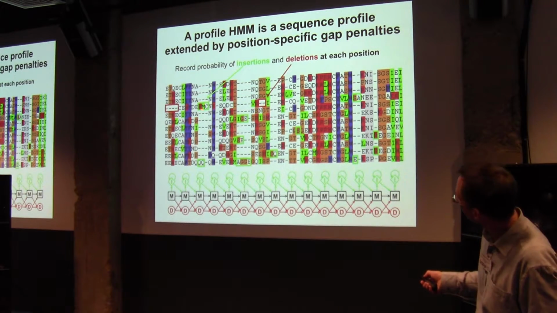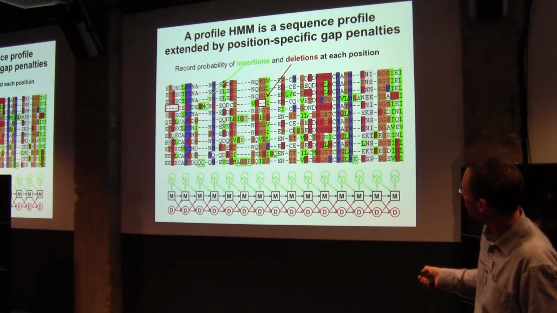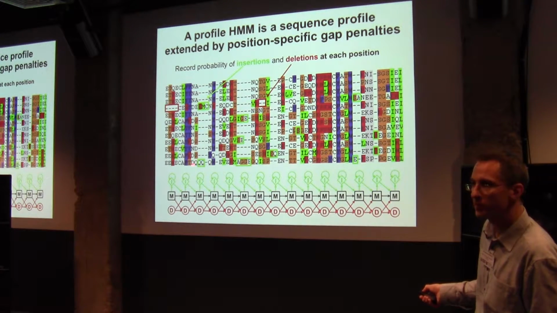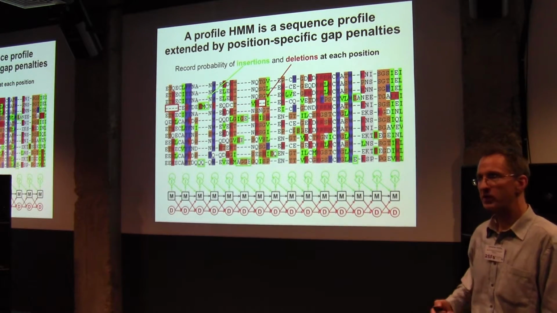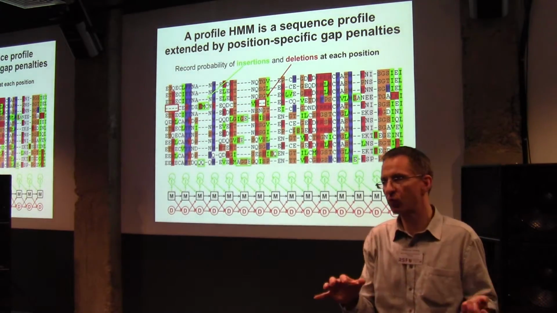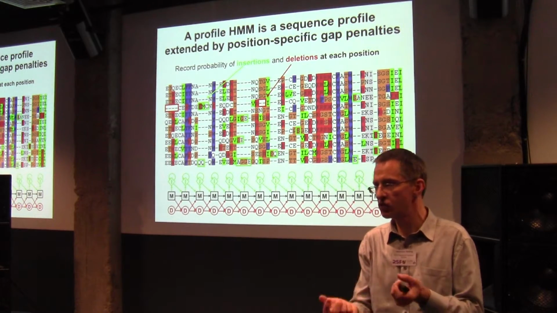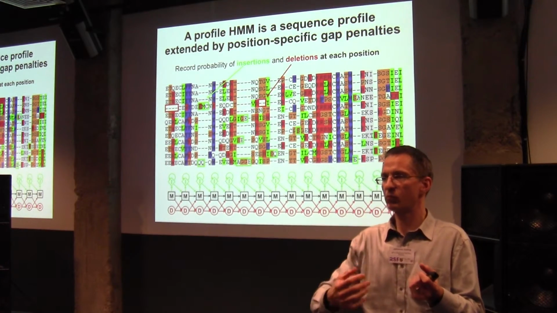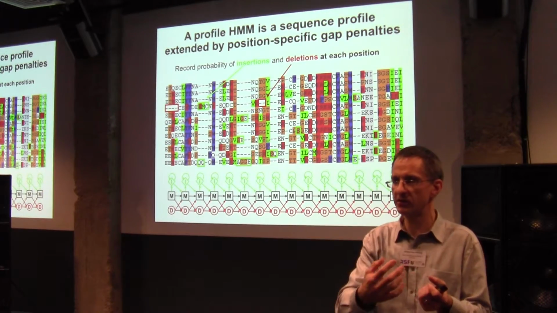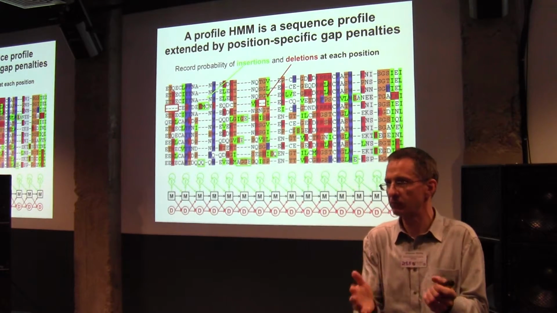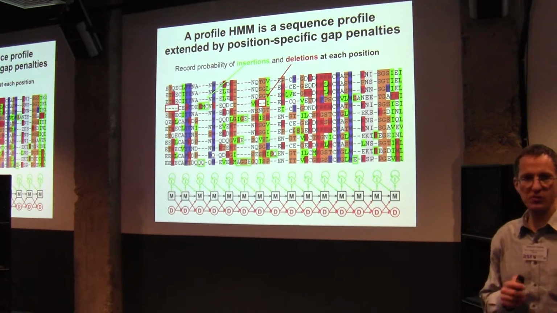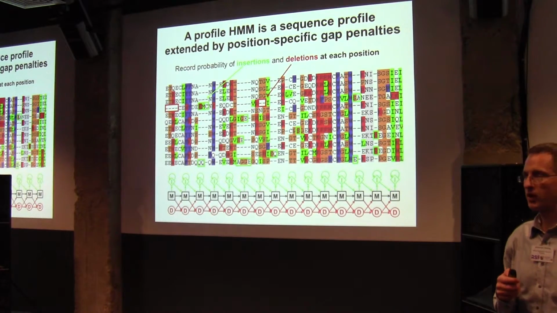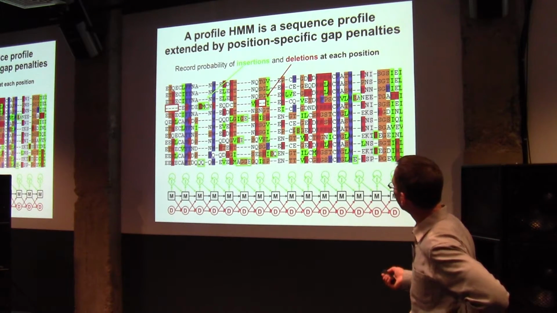that you have. So for example, in this case, you have an insertion here, and that means the penalty for inserting something after this column here will be much lower than inserting something after this column, where you have not seen any example. Right, and that makes sense because, for example, you have loops in proteins where you often have seen insertions and deletions in your training alignment, and that means that you want to have less penalty of introducing an insertion or deletion at that position for your new sequences that you find. Okay, so it's just position-specific insertion and deletion penalties for the profile.